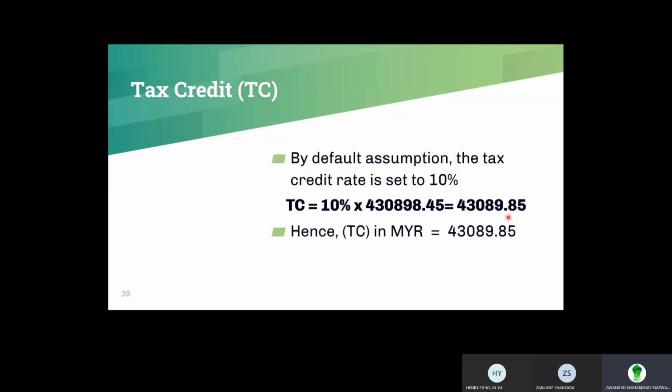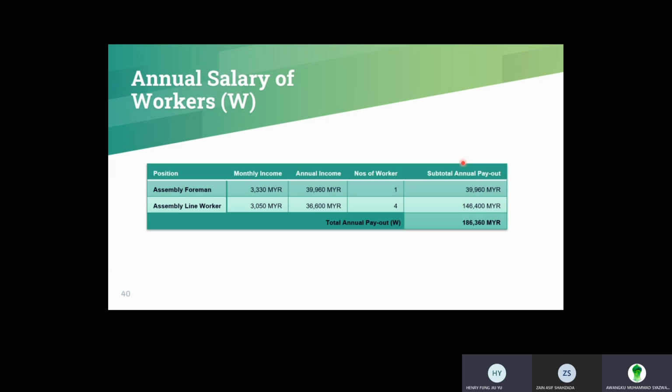For tax credit, we utilize the credit rate by default assumption of 10%. So from that, we got the tax credit at 43,089 ringgit and 85 cents. For the annual share of workers that shall be laid off from the installation of this assembly cell, we got